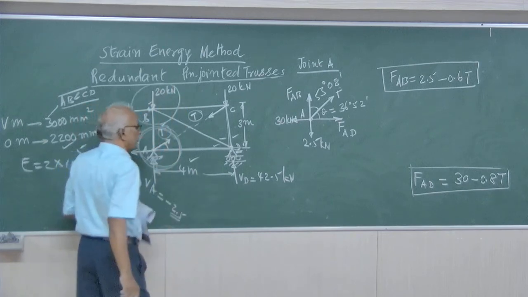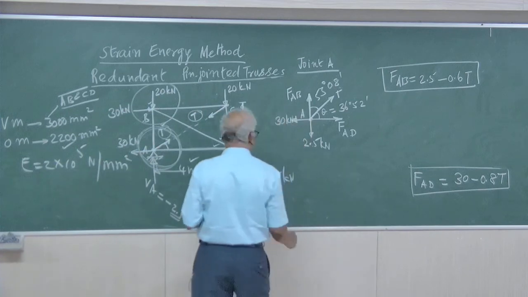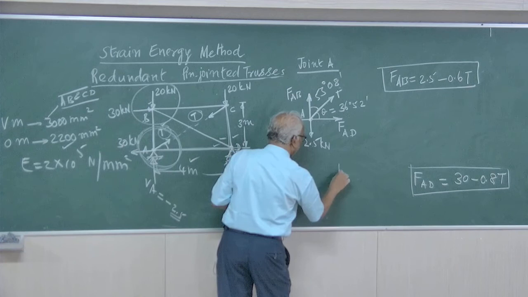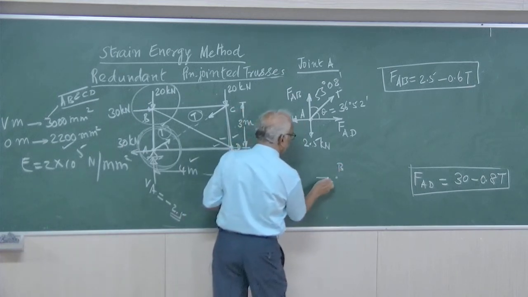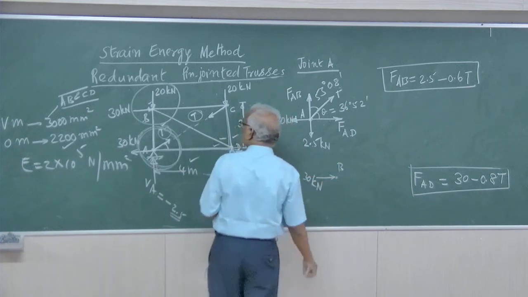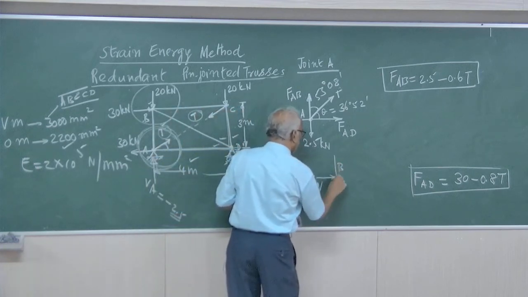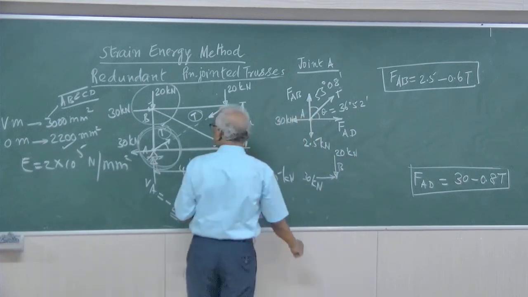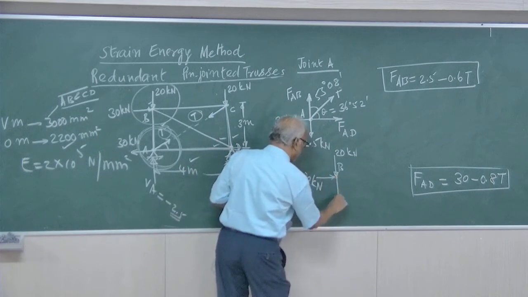Let us take joint B. How to analyze, I will tell you. Right. Now joint B. So this is joint B. In joint B, you got a lateral force 30. Then you got a vertical force 20. Here you got a 20 kilonewton force. Then you got a vertical member BA. Now from B it is BA.